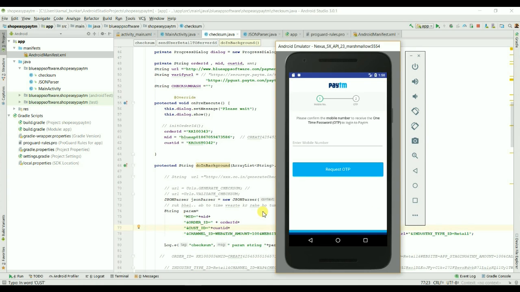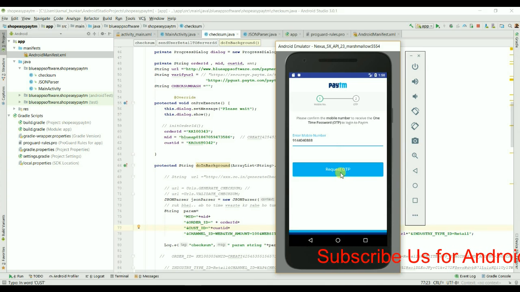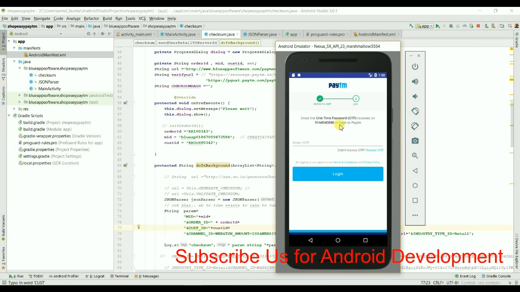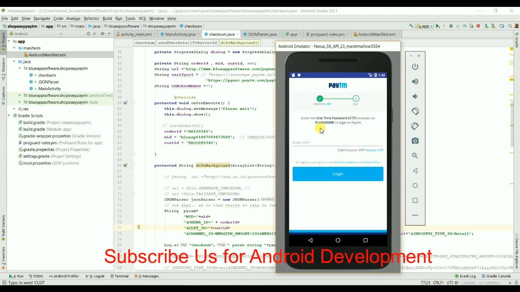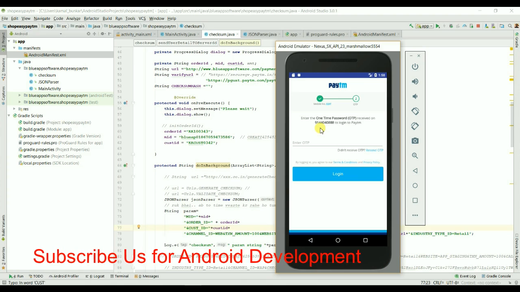Once you get this screen, you need to pass your mobile number and other details, and you will get the OTP. You heard the sound, I got the OTP. Let me check. My number is not registered on Paytm, so I cannot see the further screen, but I will show you.